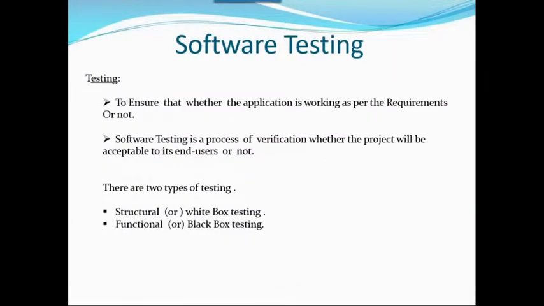So today what we learn is, what are the testing types? There are two types. One is structural, another is functional. Structural testing is done by the developer, and functional testing is done by the testing team. Why does the developer need to do the testing? Interview question. Yes, they need to check at least one time whether my code is working properly or not before they send it to the QA team. So whatever code is written by them, they check at least once whether it is working properly or not.